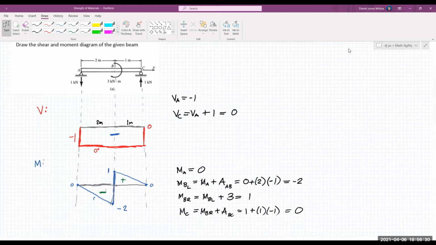So we're moving to the next problem, which is again similar to this one, which again, it's a shear force